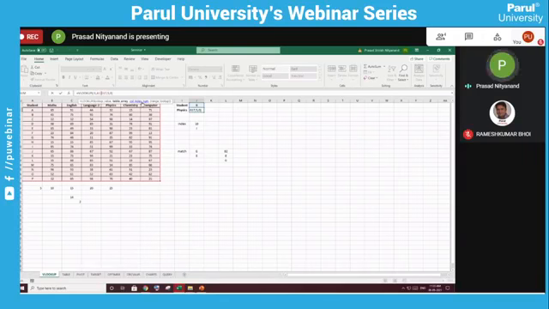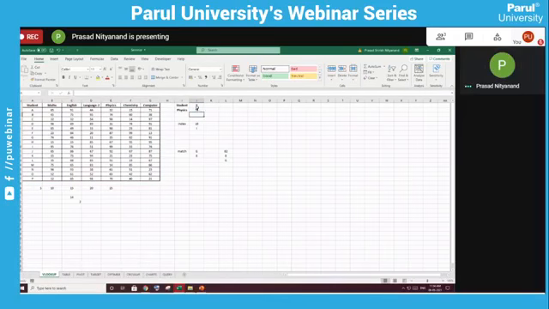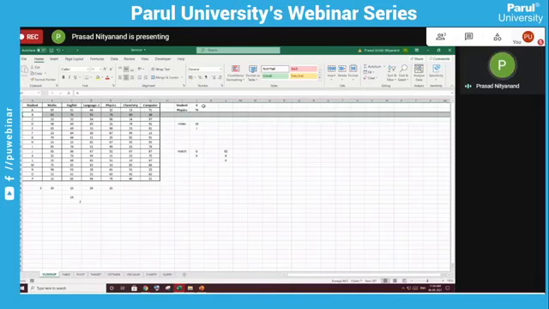And the next is the column index. Column index is nothing but from which column you want the marks. So you want marks of physics. So physics is in which column? That is 1, 2, 3, 4, 5. So here I have inputted 5. And next is whether you want the exact lookup or approximate lookup. So 0 is for exact lookup, so I have inputted 0 here. So here you can see for student B, it is giving me marks in physics. So physics, it is 74.